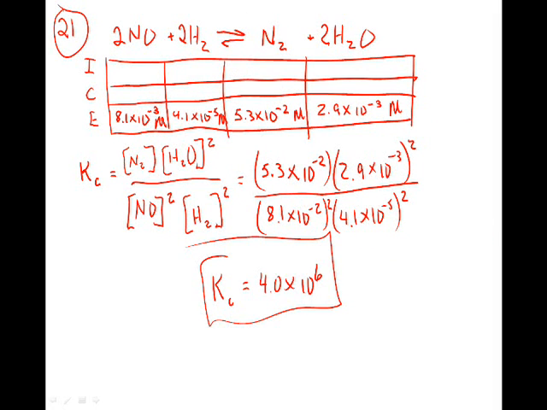And number 21, you are being asked to calculate the value of K for this reaction at this temperature. So you're given, I'm going to find a little bit different color. A highlighter ought to work really well here. You're given that NO has this equilibrium